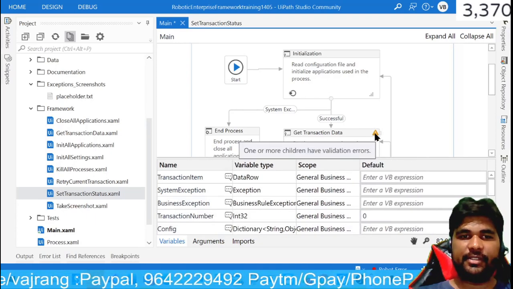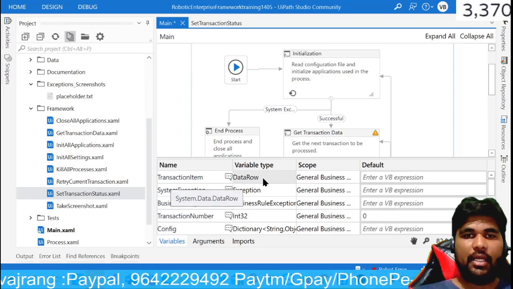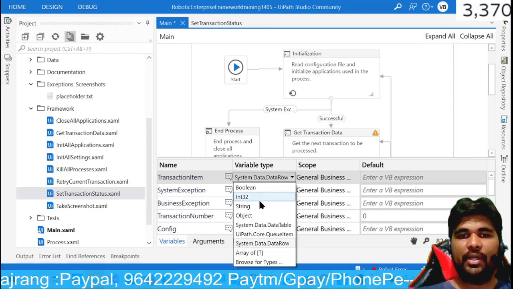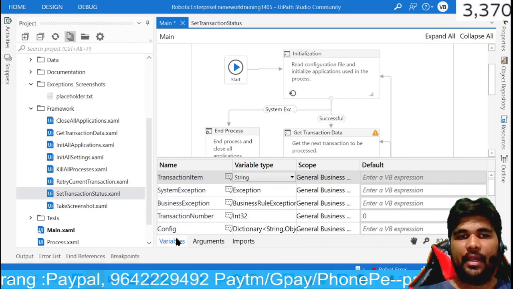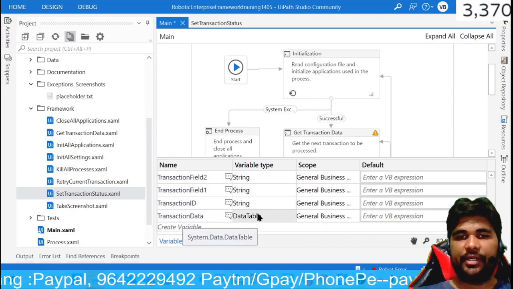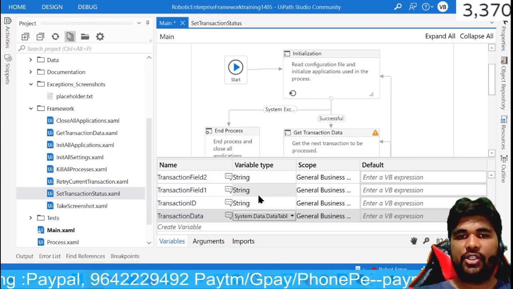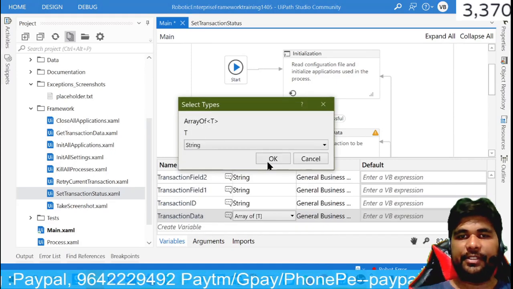There are many errors. Let's also try to do this. Instead of reading a data table, let's add a string. The transaction data, you see, is a data table. Instead of a data table, I would like to give this as string.